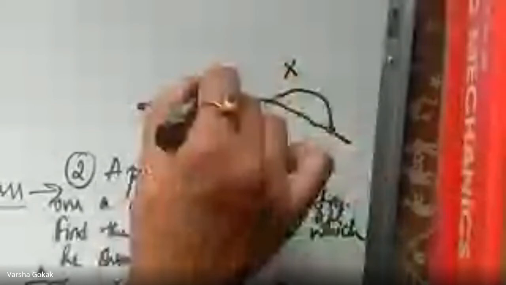Whether it belongs to a case with some height already, where there is a projection, whether it belongs to a case where both are at the same level, or whether it belongs to a case where they are at different levels. So you have to identify, and then you have to start solving. If your identification goes wrong, your entire numerical goes wrong. So it is very important you read the question and understand the question. Here they have given you the diagram, so you know how it is going to go. That is fine.